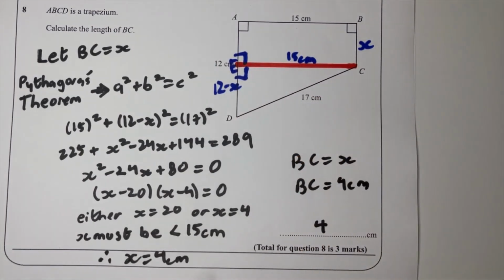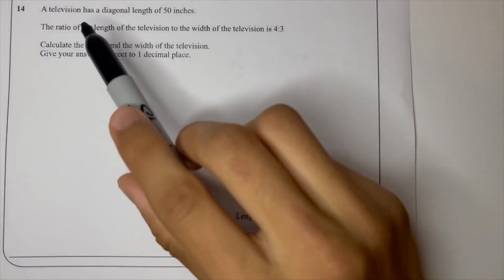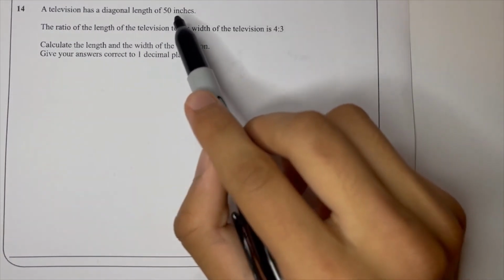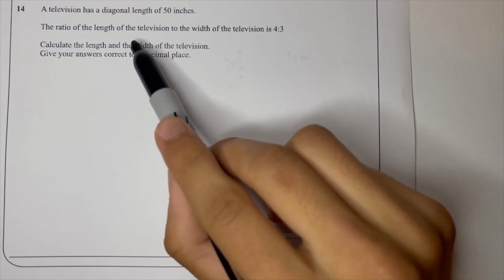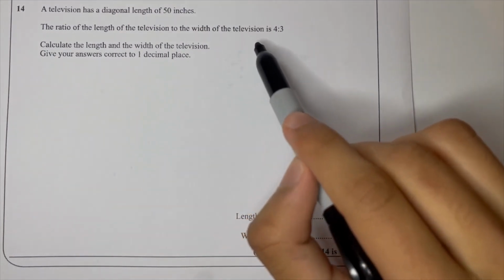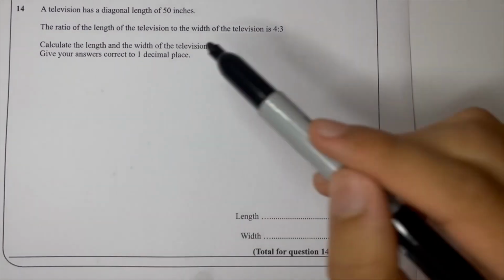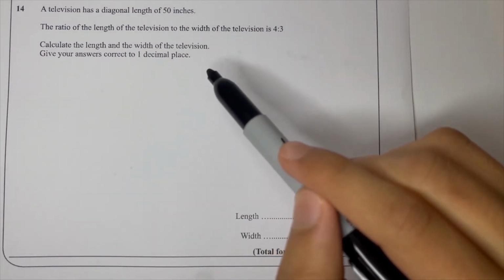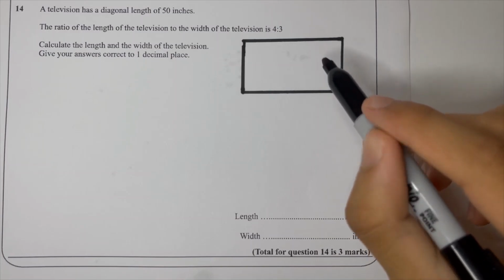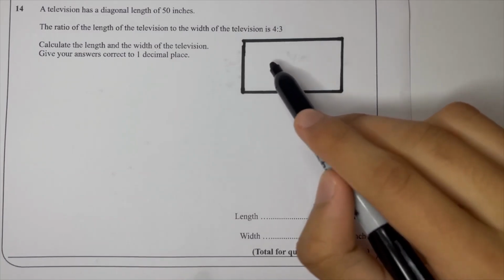which is our final answer. In this final question, we're told that a television has a diagonal length of 50 inches. The ratio of the length of the television to the width of the television is 4:3. We're asked to calculate the length and width of the television. It makes the question much easier here to first draw a diagram. The diagram doesn't need to be scaled, of course, and it's just a simplified version of the television as a